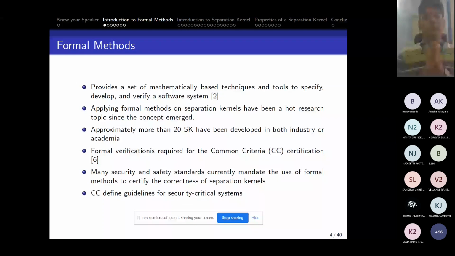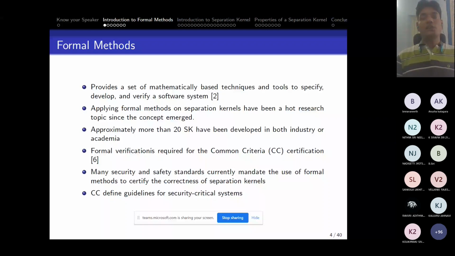So coming to formal methods, I don't know how many of you are familiar with this word, but this is a buzzword in industry nowadays. So I believe most of you, once you complete your graduation, will be going to industry. So I thought it's better to discuss a recent trend. It's not basically recent, but it's a very important trend in industries nowadays.